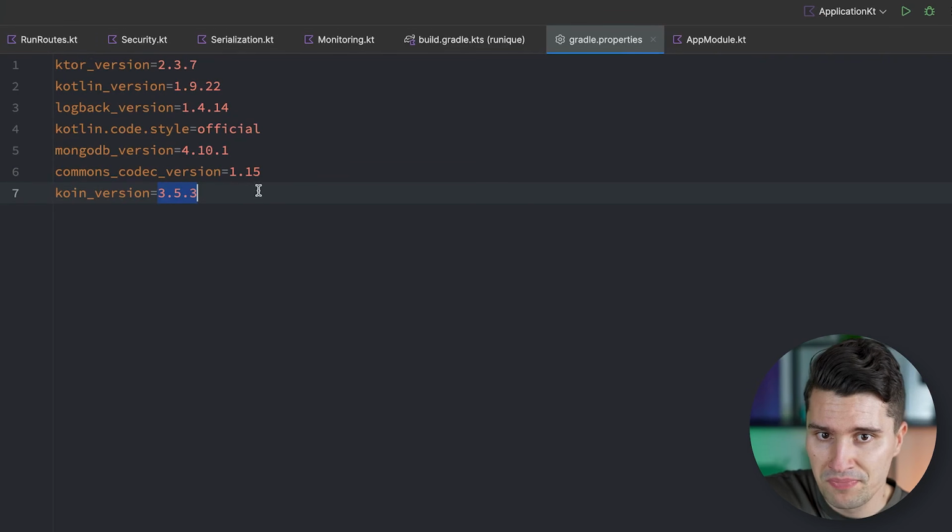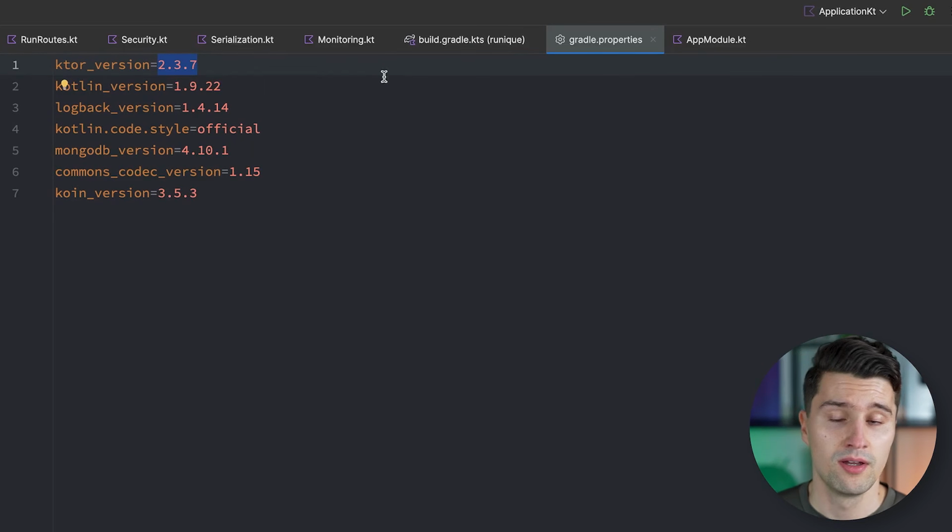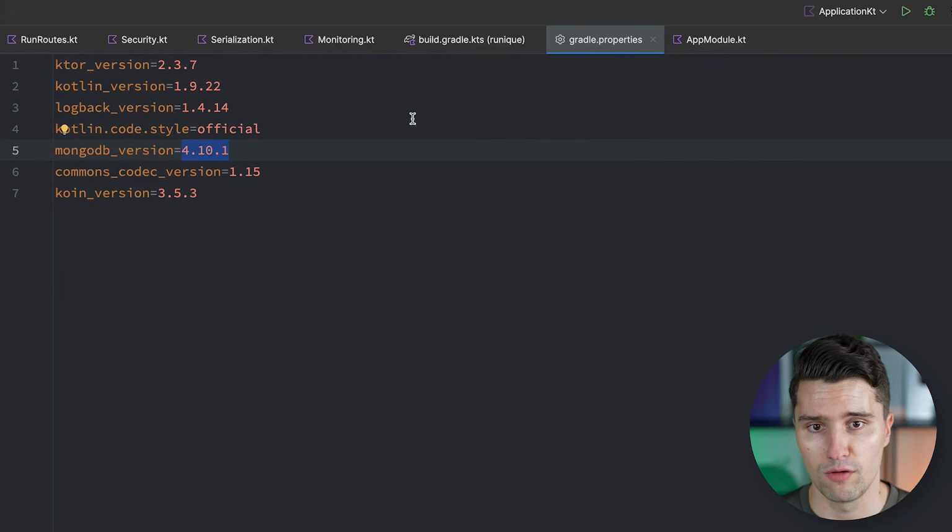we have a Koin version. And since on Ktor, we typically, or at least often, work with these pure Kotlin libraries, they depend on the actual Kotlin version much more than Java libraries. And what has now happened to me very often is that I, for example, saw, okay, new Ktor version is out. I bumped up my version to that new Ktor version, but doing so actually silently broke some code in MongoDB, in the Kotlin driver of my MongoDB implementation, or the Kotlin driver of an SQL client or so that